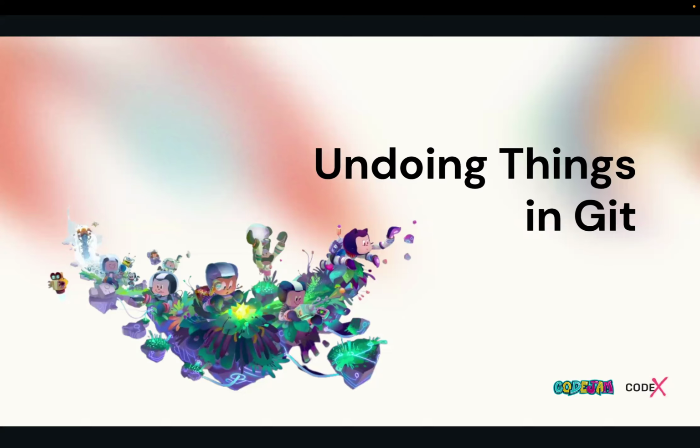But at some point we cannot erase the history. We cannot erase the history, but still we can revert anything, roll back anything, get back to the previous state. But the history will be there at some point. After a certain level, you can erase them from the history as well. So undoing things in Git is very essential.